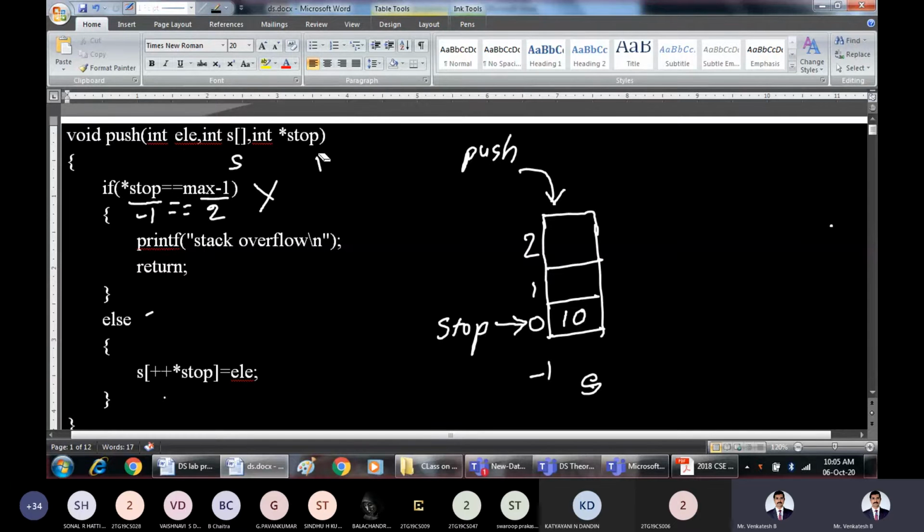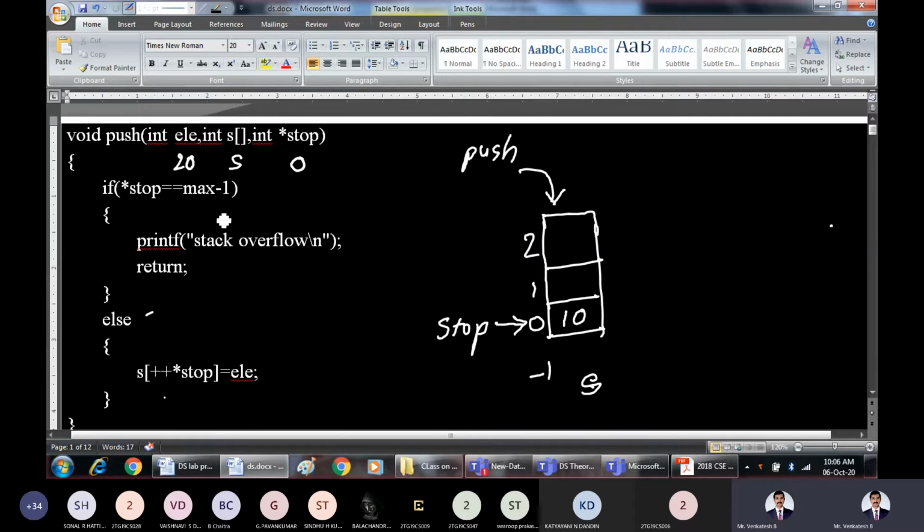We are calling our function once again with changed values. I am calling the same function once again with element, which in this case is 20, sorry, not 10. So now I want to insert one more element, 20, onto this stack, provided with the value of S top. What is S top now? S top is pointing to index 0.